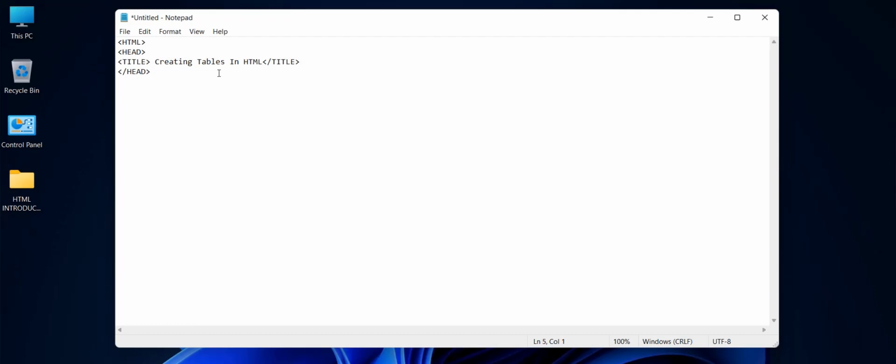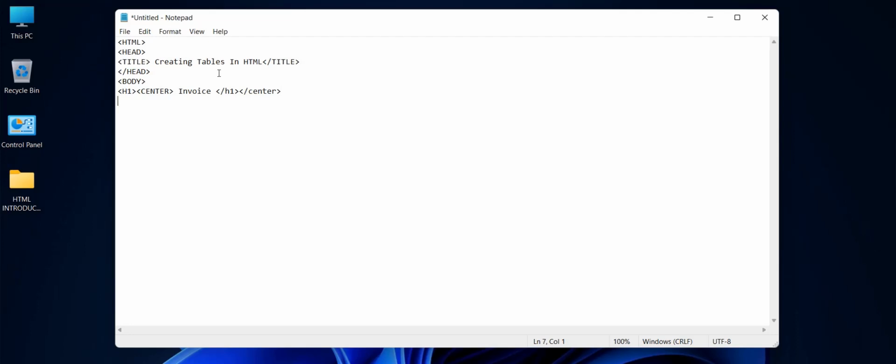So we'll now write the body. So what I'm making is the invoice of suppose a store which has sold laptops and desktop. So first I'll write the H1 and then center. So guys, please remember that the spelling of center must be center and not centre. Now I'll write invoice. I'll end H1. I'll end the center.